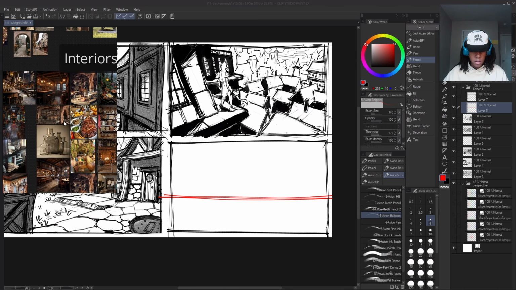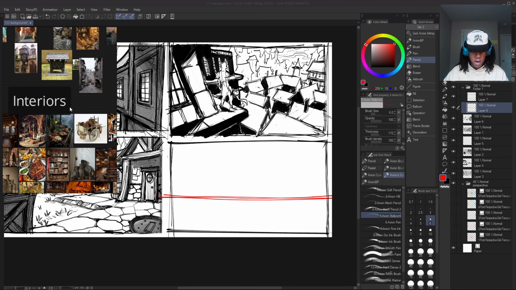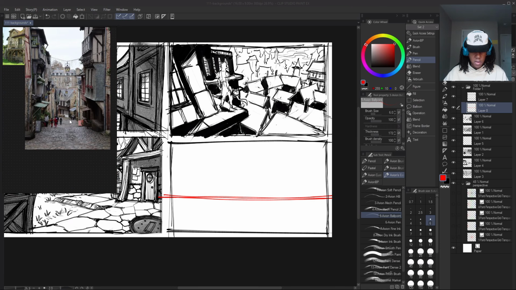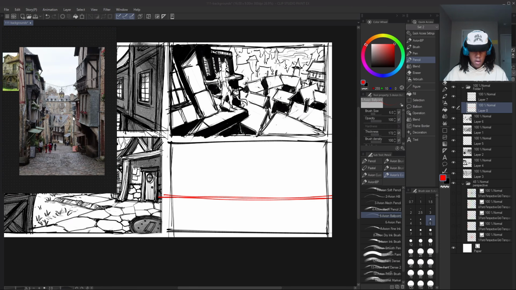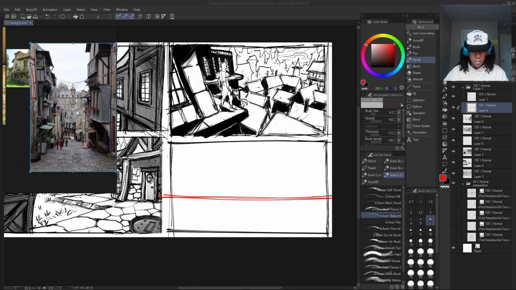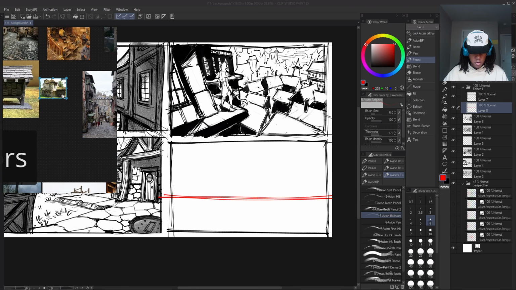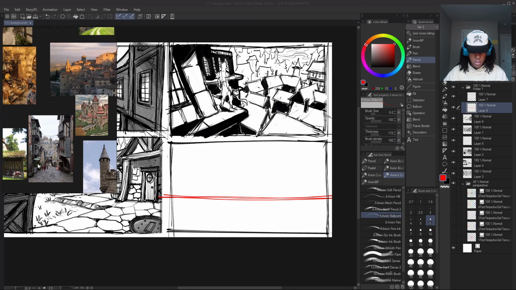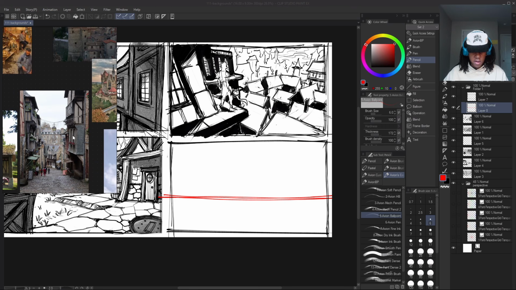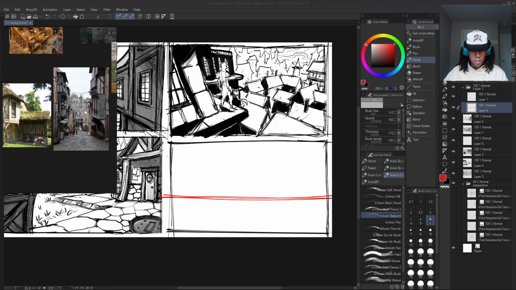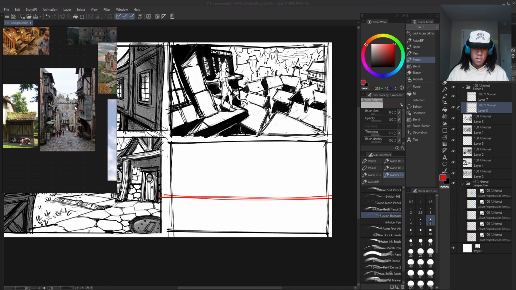And I'm specifically looking for alleyways and things like that that I can use. So maybe something like this is pretty cool. I'm going to show you how I would break something down like this, and I like this picture here as well. Pretty cool. So we can use that as inspiration, and some of these towns and villages and castles, things like that, to create something new. And while we're using this as inspiration, we're really not trying to copy anything that we see in the